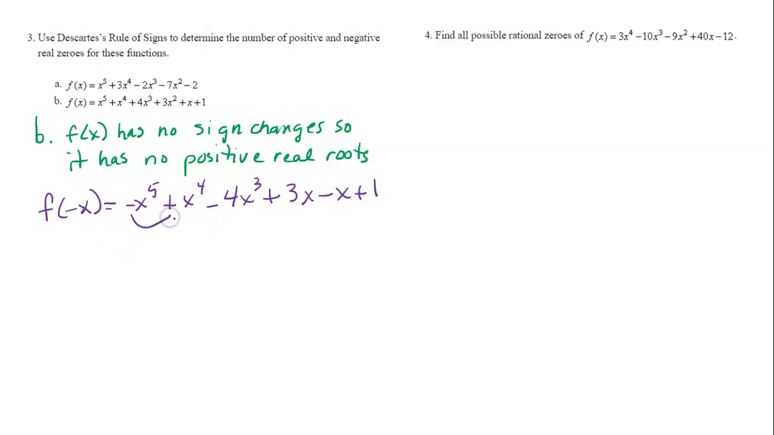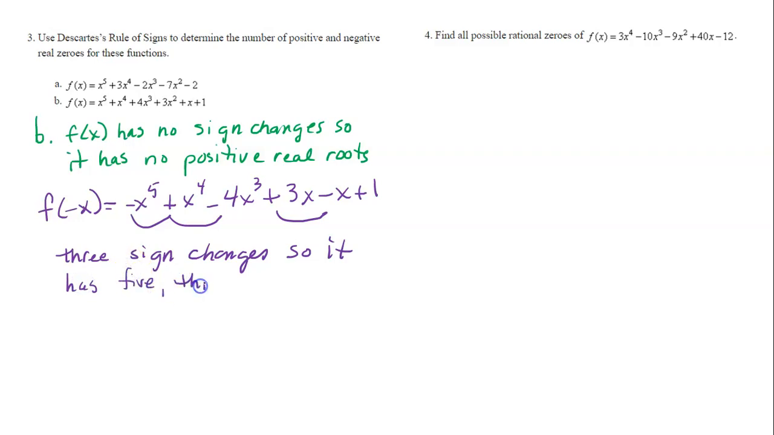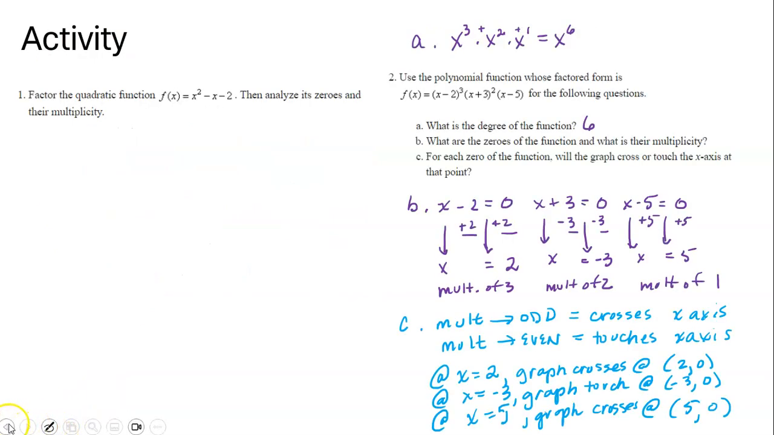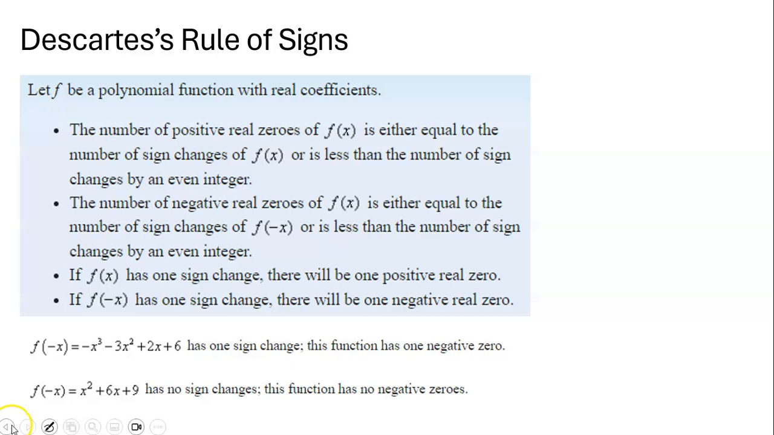So we've got 1, 2, 3 sign changes. So it has 5, 3, or 1 negative real zeros. We know it has 5 roots because it's a 5th degree. But you might be wondering why it's either 5, 3, or 1, and then on the last one it was either 2 or none. So if we go back to that,